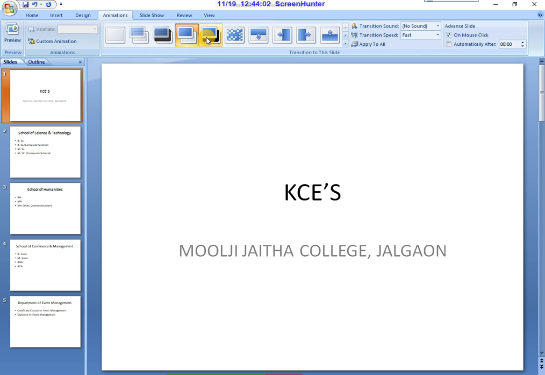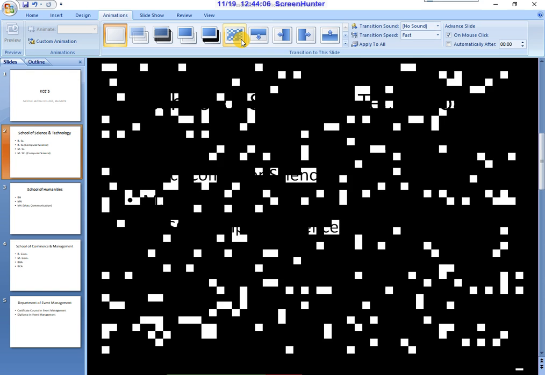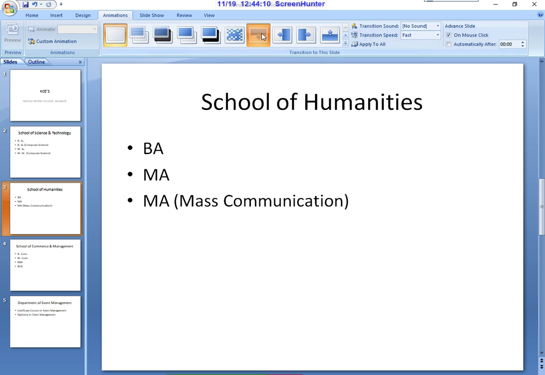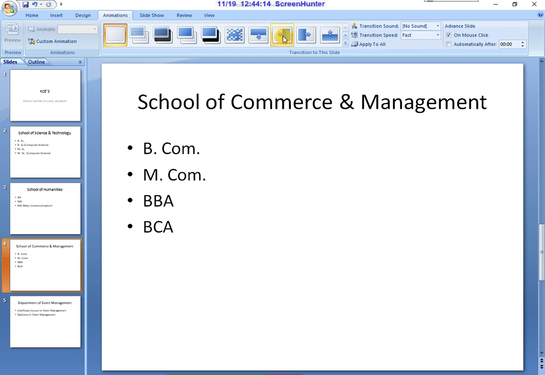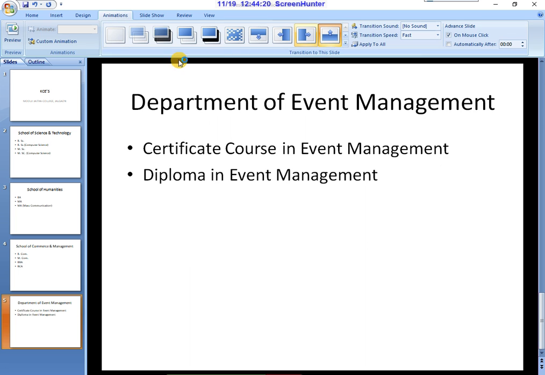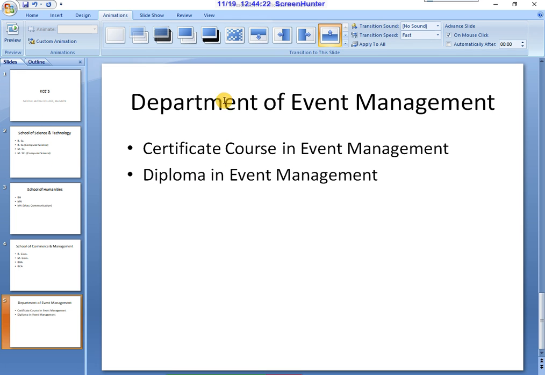For this slide, select this slide and give this effect, select the next slide and select this effect, and select the last slide and select this effect. So in this way you may select the animations.